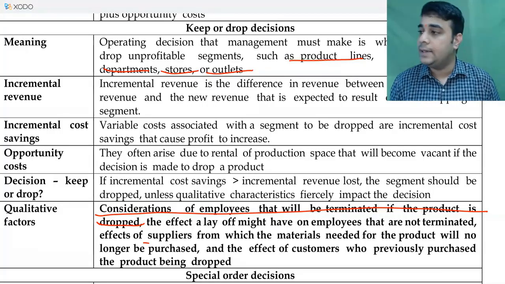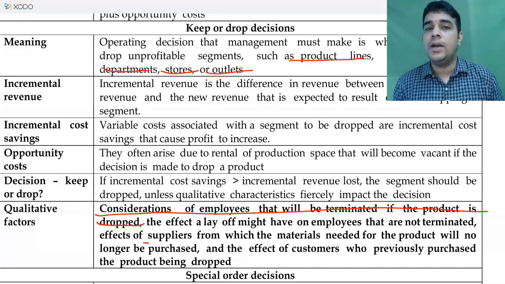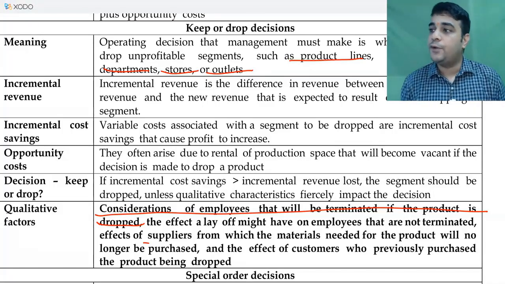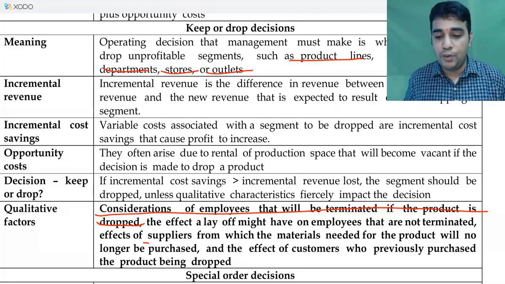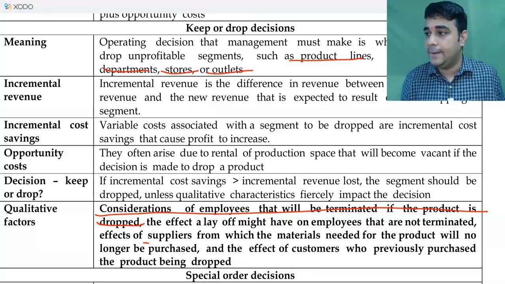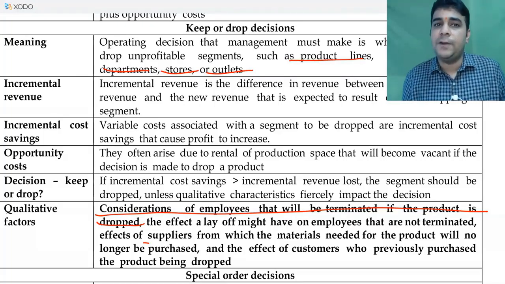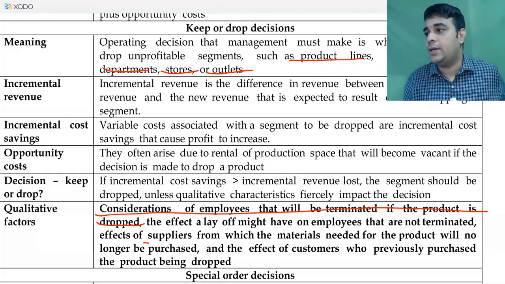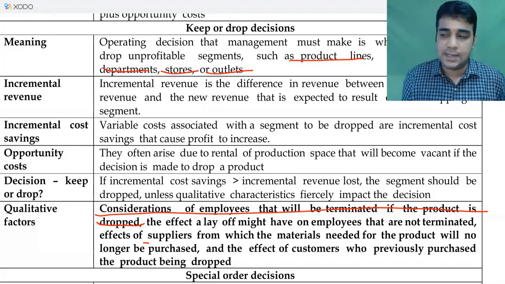impact the normal operations. Special orders will have to be taken up on the basis of relevant costing principles. When I am doing my special order, I may consider certain qualitative factors again here. You will be able to quantify most of the qualitative factors. Some of the qualitative factors you may not be able to quantify. So the qualitative factors which I have discussed earlier may come here.